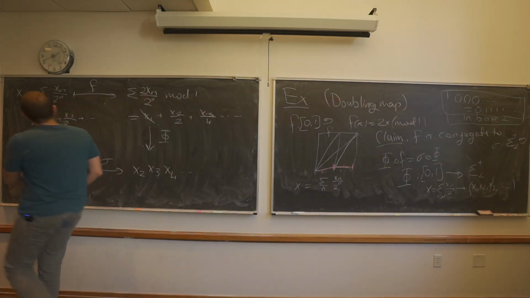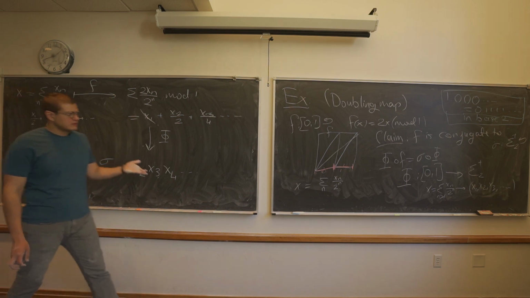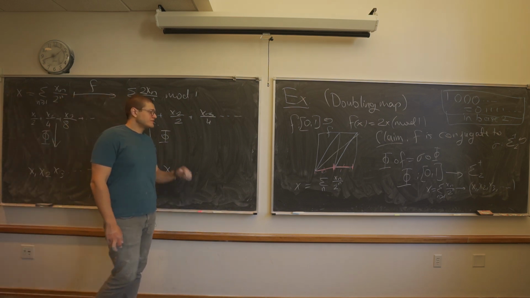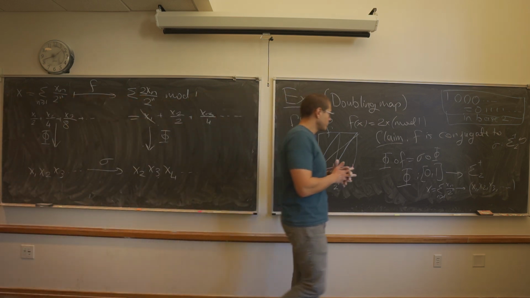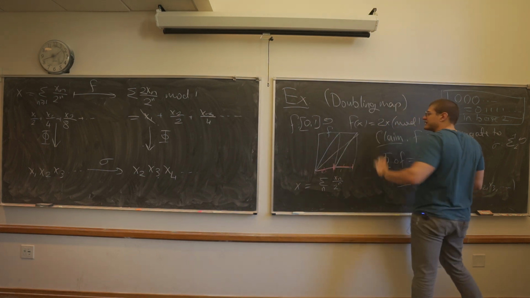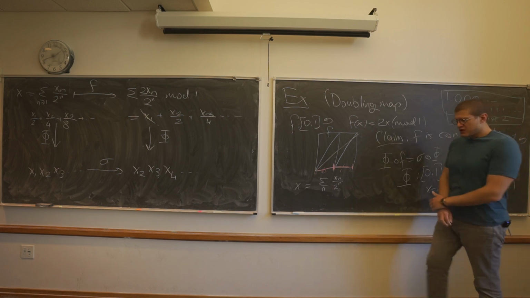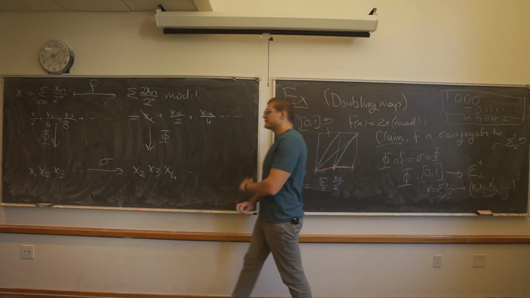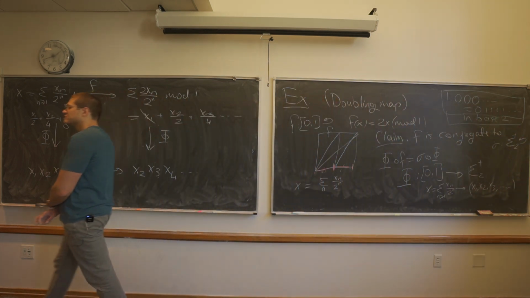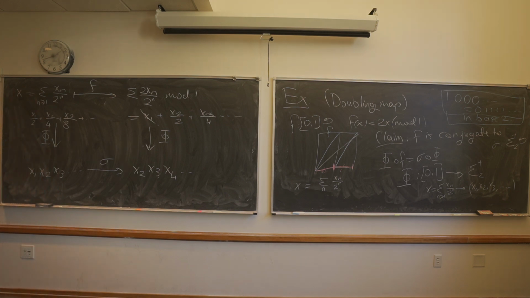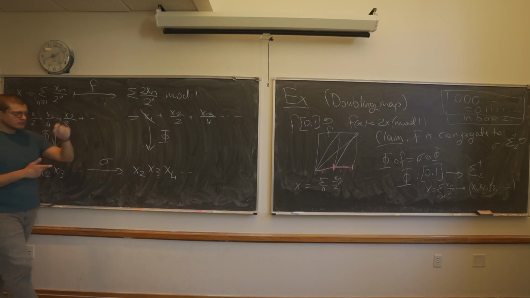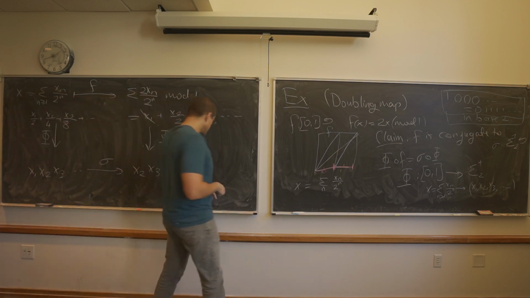I have a couple minutes. So what is the use of this? Well, in this case, it's perhaps not that useful because the map that we started with is already rather straightforward. But for instance, one thing I can do is, using the shift space, construct some bizarre periodic point and then translate it back to a periodic point for this. Because certainly,